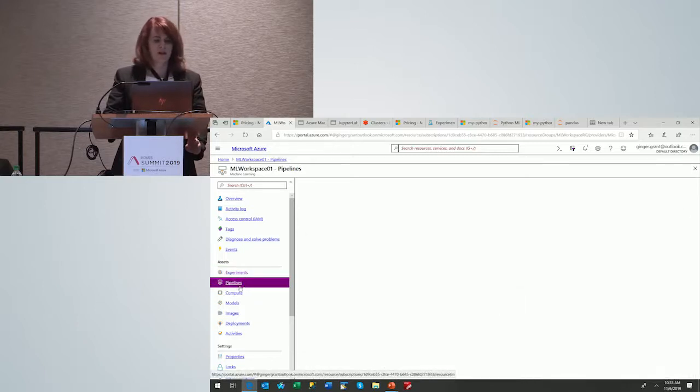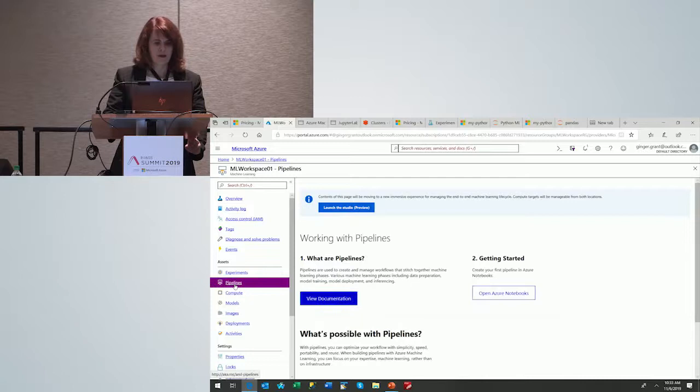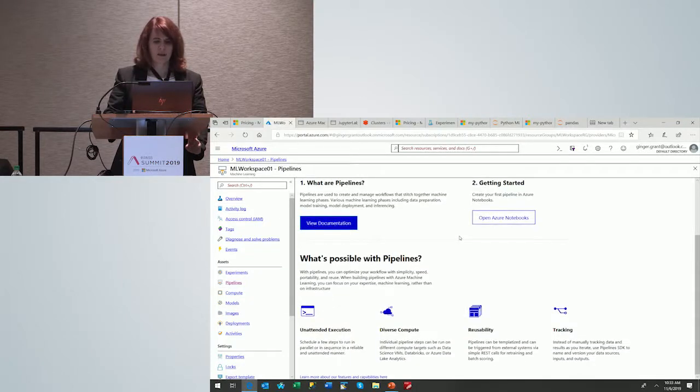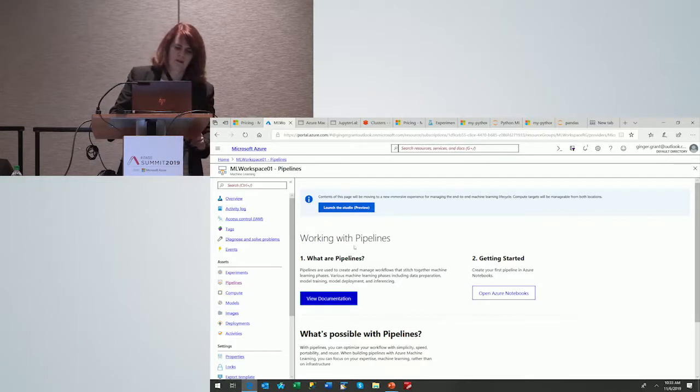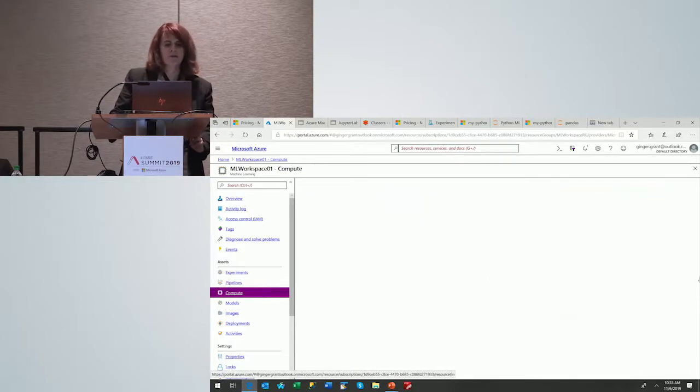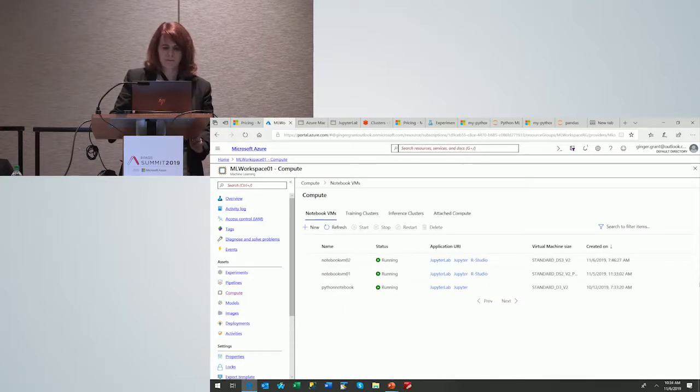You also have, this is considered an Azure machine learning pipeline. And it's not showing my pipeline right now. It only wants to show it in the studio. I don't know why. Compute is all of the resources that I have created to do all of my machine learning.